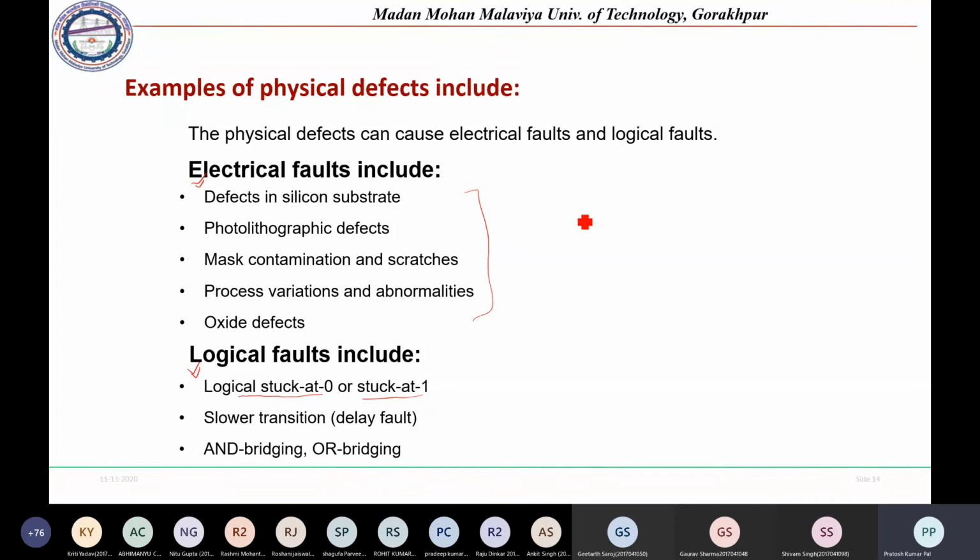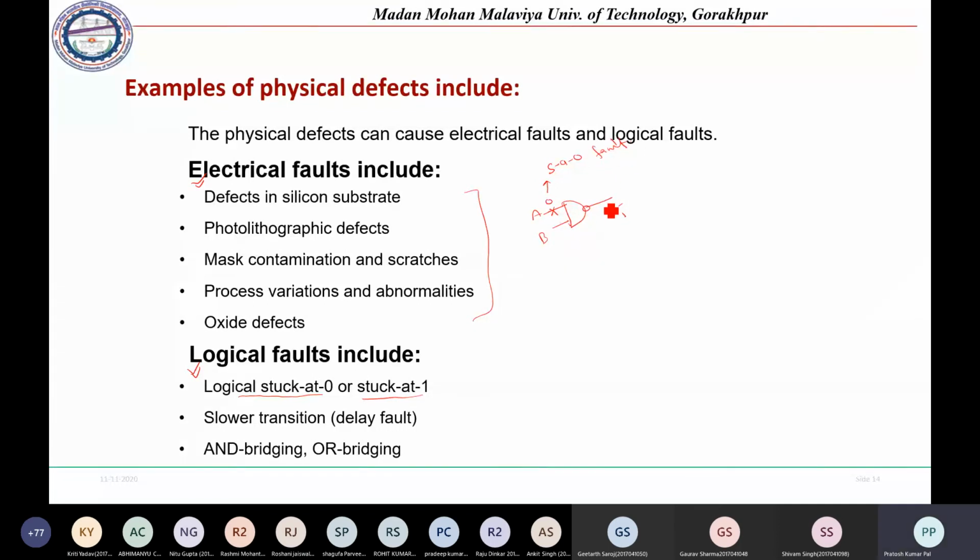So suppose, because of these electrical problems, we have designed a NAND gate with inputs A and B, and this is the output. There may be a chance that this A terminal is always at 0. If by default there is some short circuit, or it is short circuited to the ground, A will always be at 0 in a particular chip. Then if it is always at 0, this will be called a stuck at 0 fault.